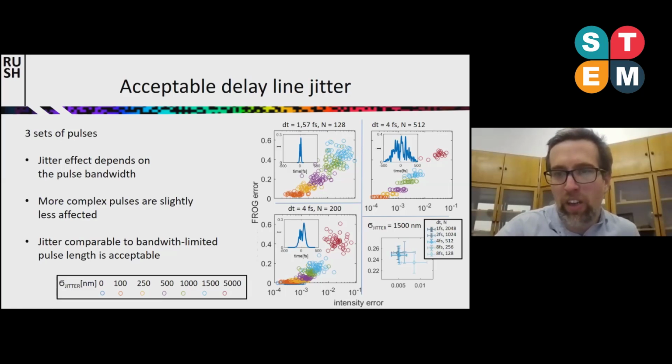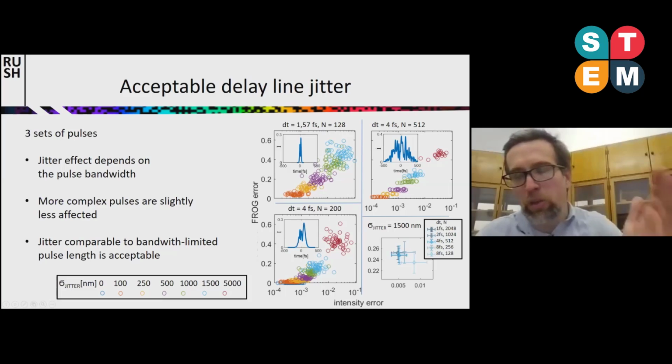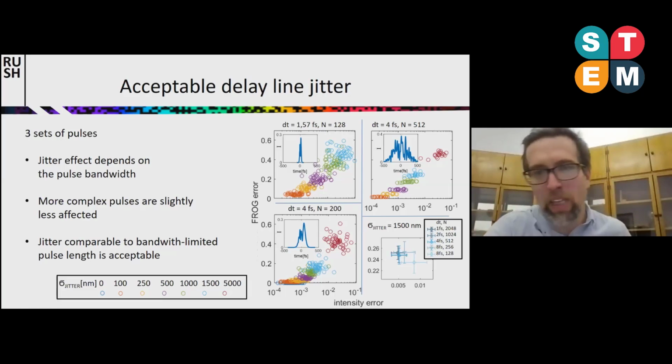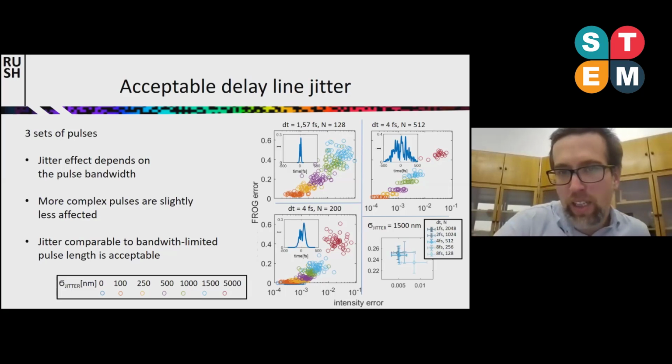So this basically tells you that the error induced by the jitter does not change if you try to measure more data points. It doesn't really help.